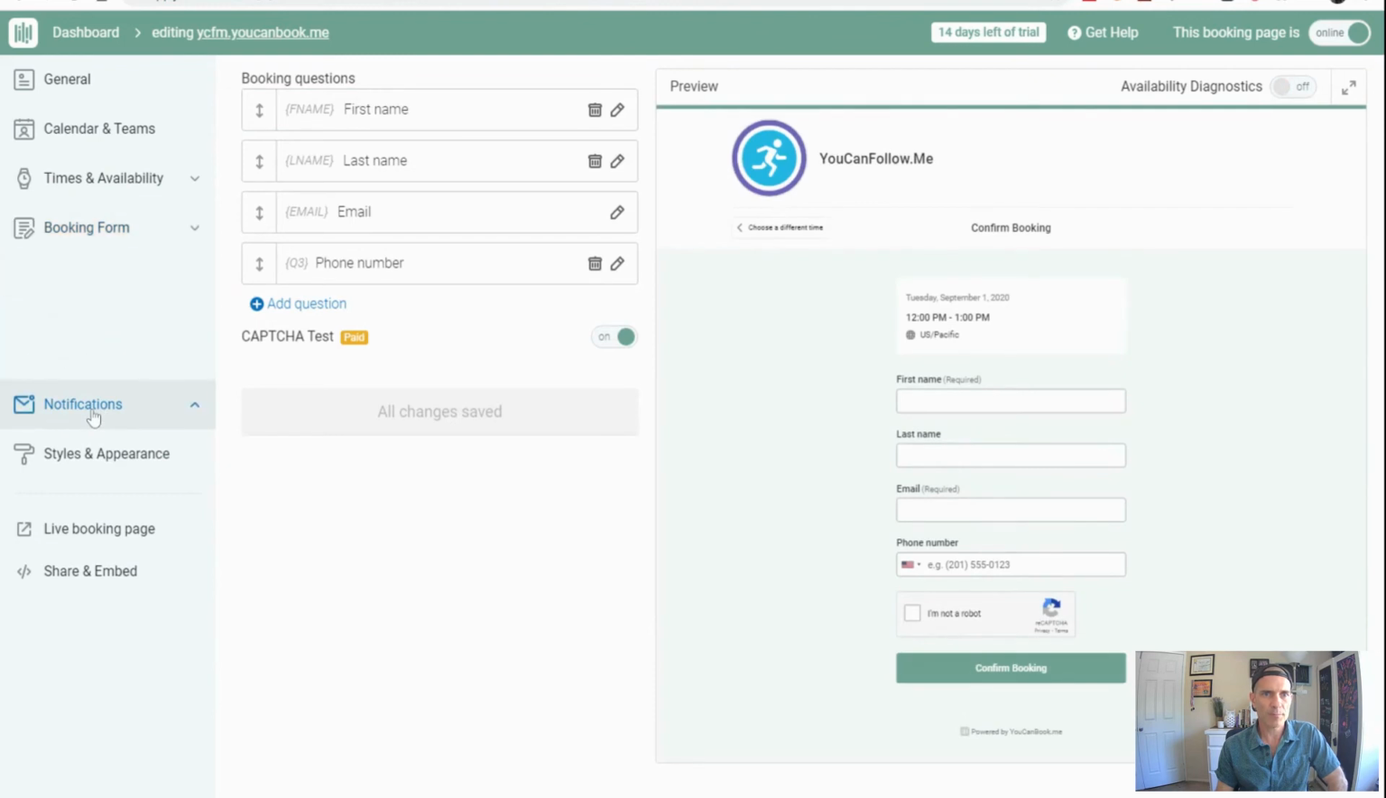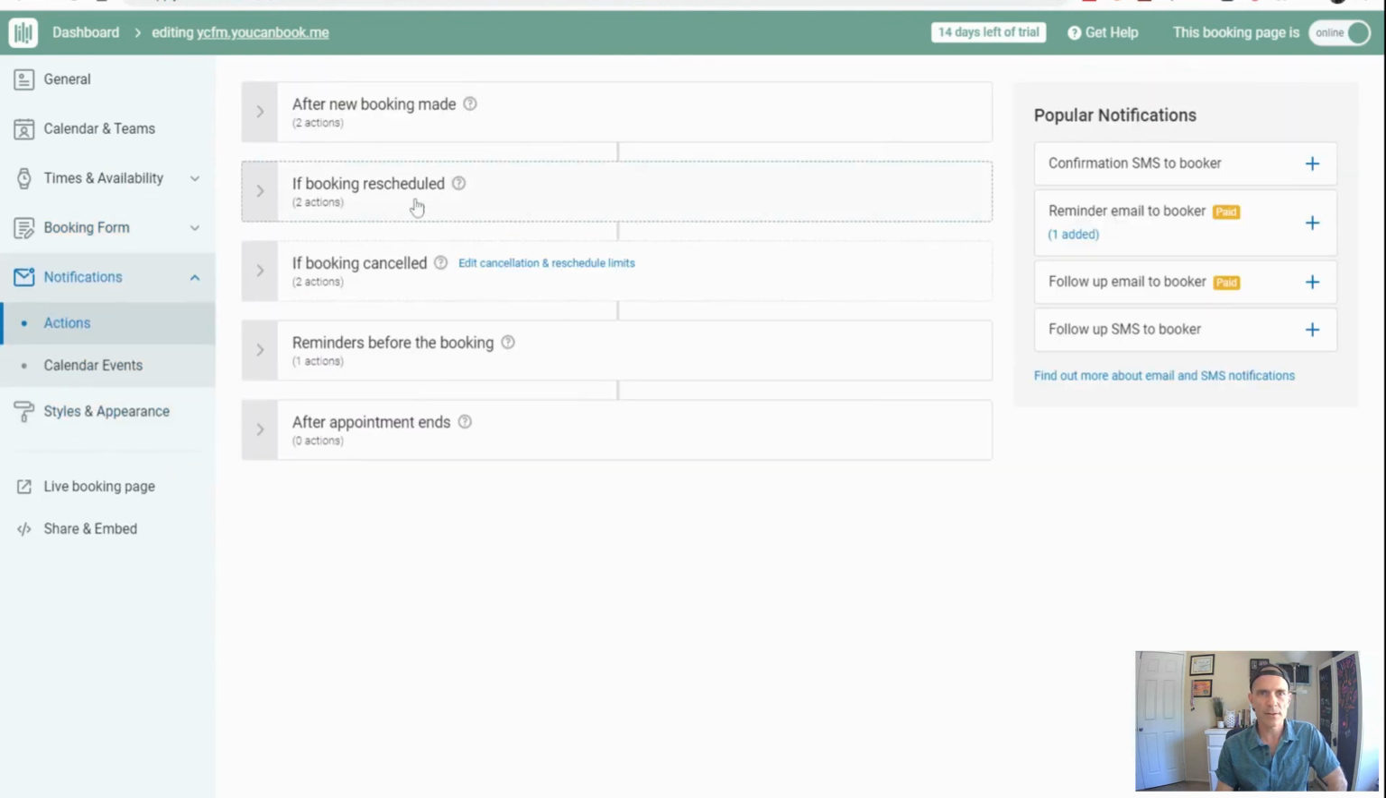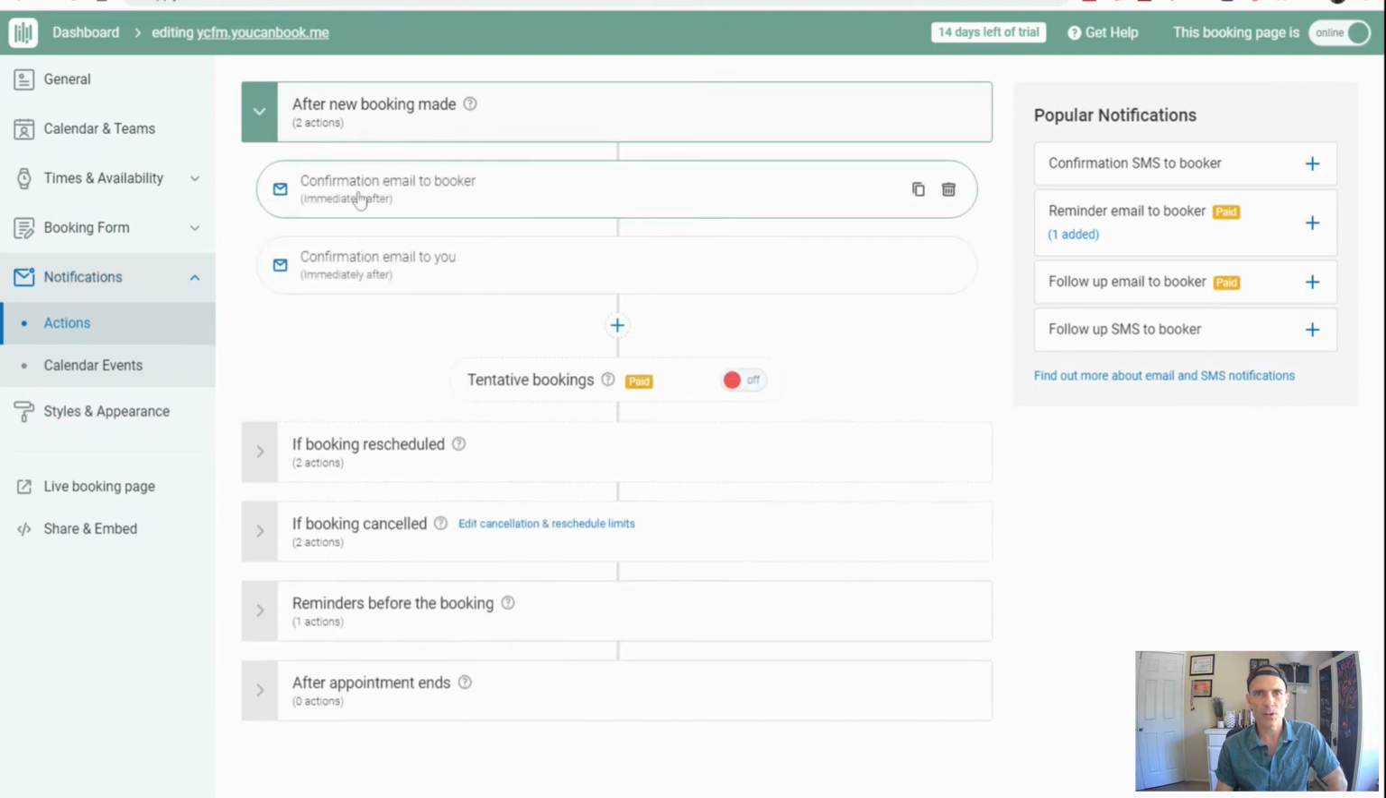So notifications under here, it's got different options for after a new booking is made. What's it going to do? It's going to send an email to the booker, and you can go in here and edit what that email says. It's going to send an email to you